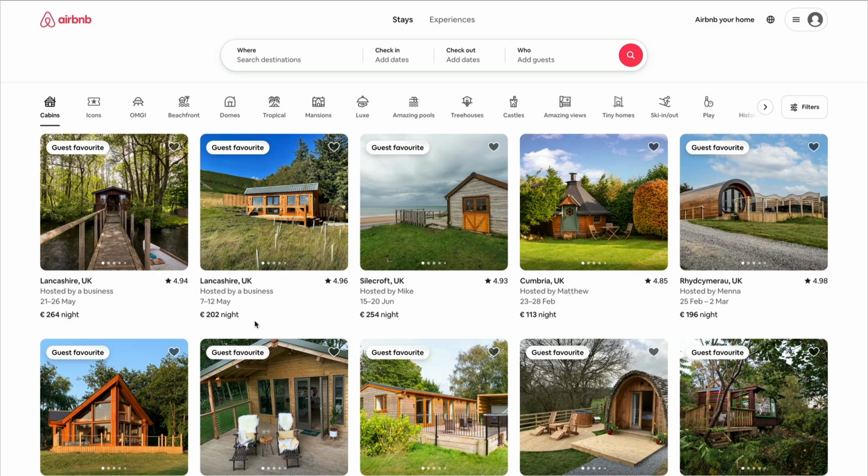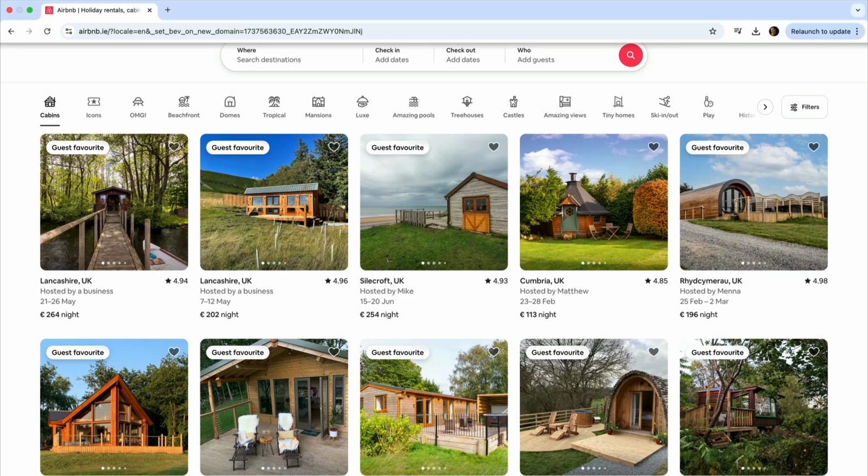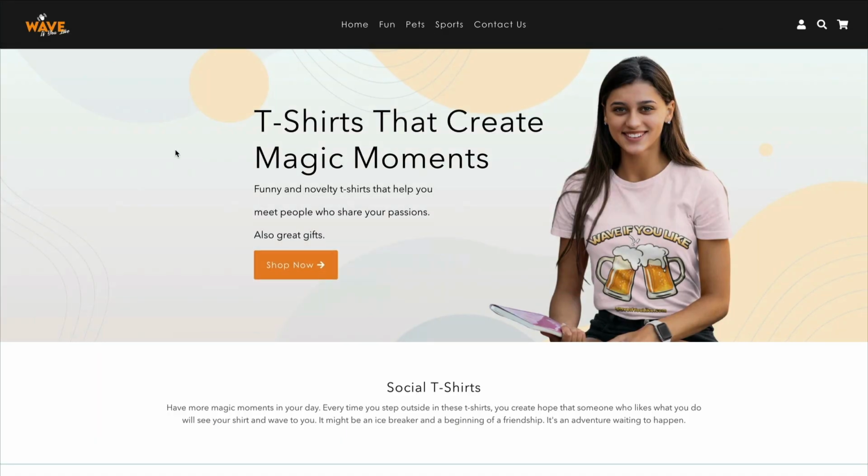Sometimes it's through the ad, sometimes it's through a commission. But let's look at a different type of business. For example, I have a t-shirt store online. It's kind of defunct. I don't have time to really work on it, so it just kind of stays there. But it's a good example because this is an e-commerce business model where there's a certain product.